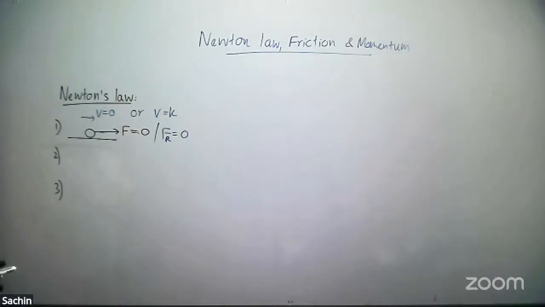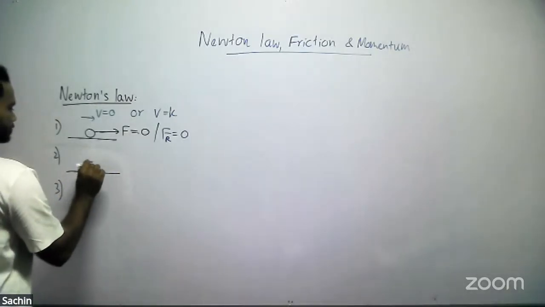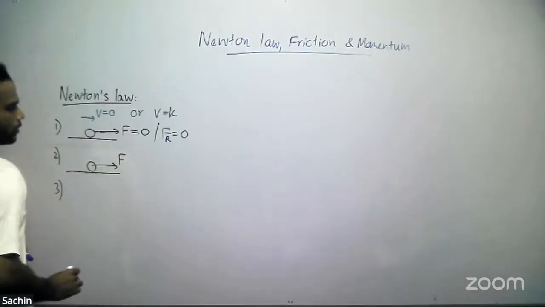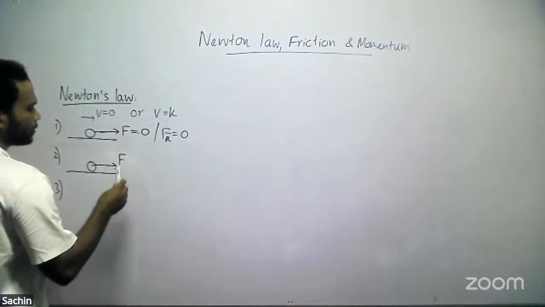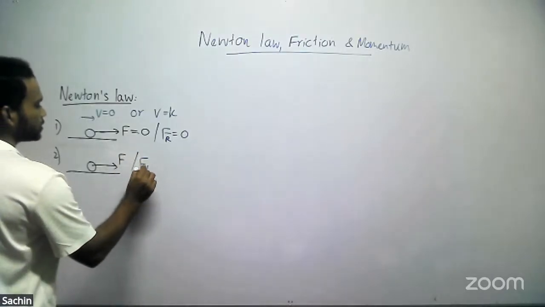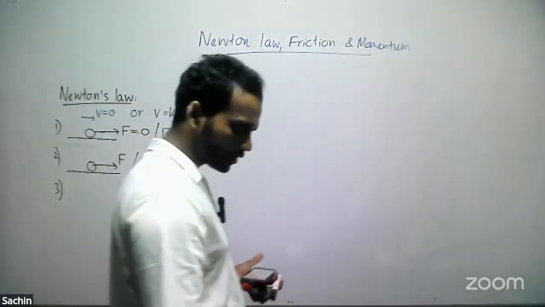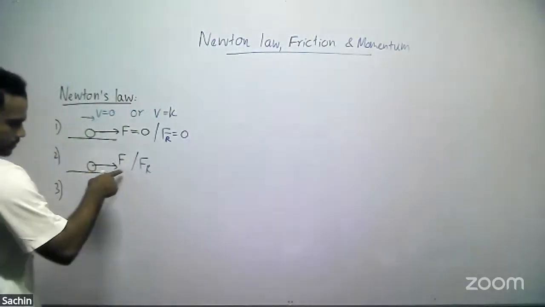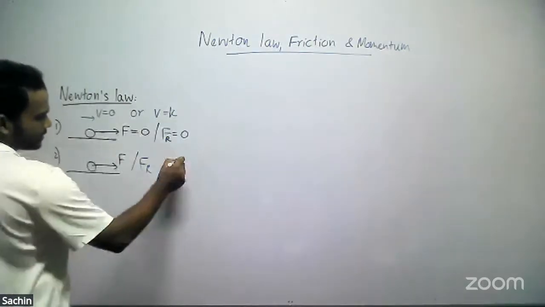Okay, simple thing. And in the second law, what he stated was when there is a force on the object, or when there is a resultant force, like when you have multiple forces, the single force which gives the same result as the whole system of forces, we call it the resultant force. So if there is a resultant force, then in the second law, what he said is